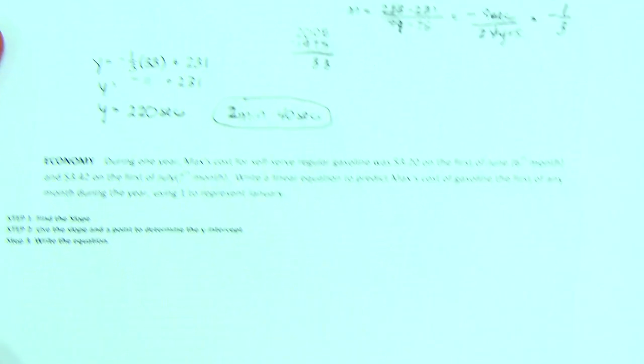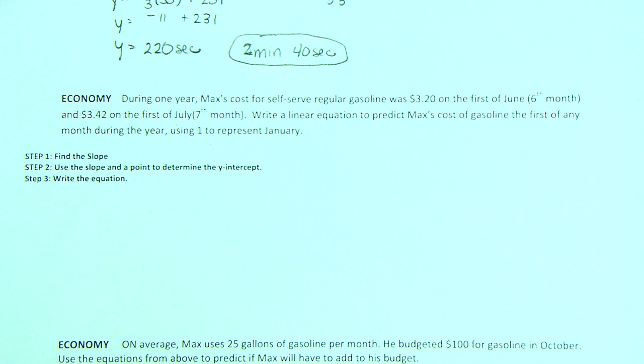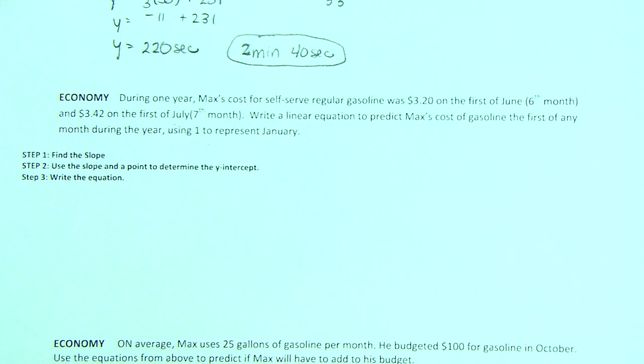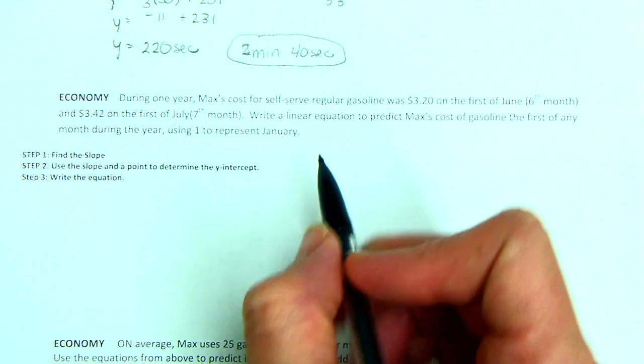Let's try this word problem down here. During 1 year, Max's cost for self-serve regular gasoline was $3.20 on the 1st of June, and June is the 6th month, $3.42 on the 1st of July, which is the 7th month. Write a linear equation to predict Max's cost of gasoline the first of any month during the year, using 1 to represent January. So believe it or not, they gave us 2 ordered pairs because